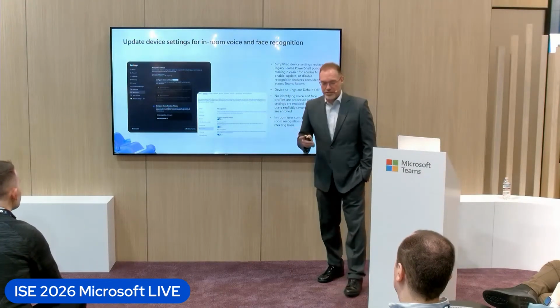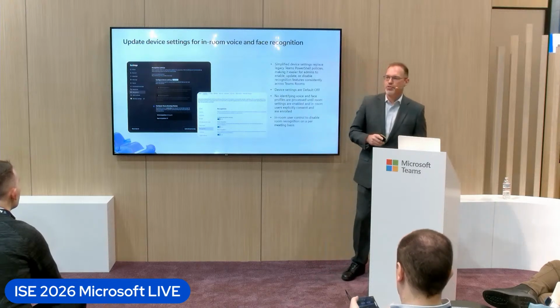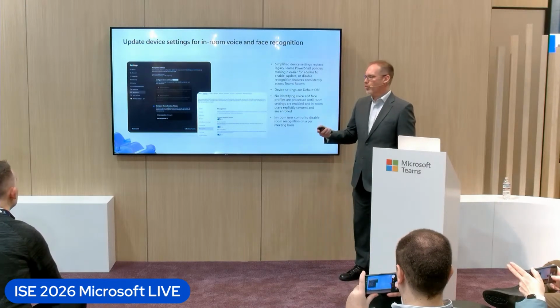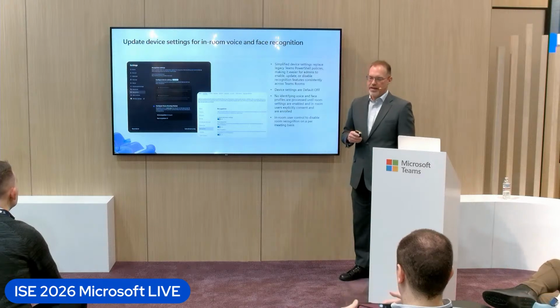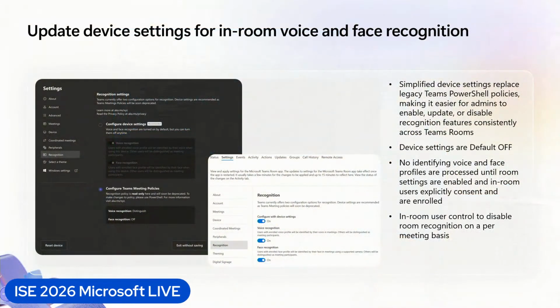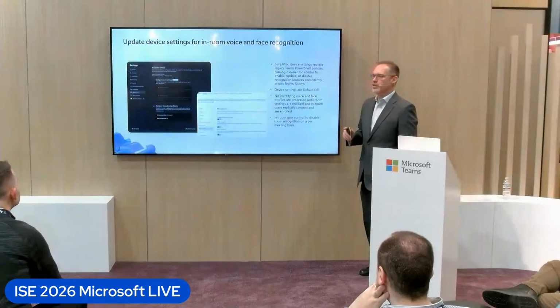The second action you'll need to take to make this applicable in Teams rooms is you have to enable the Teams rooms for both voice and face recognition. This capability is default off today. So as an admin, you have to go in and enable this technology. Previously, we had to use Teams PowerShell to enable this, but recently in December, I think of last year, we released device settings, both on the device itself and through the Pro Management Portal, where you can manage this on